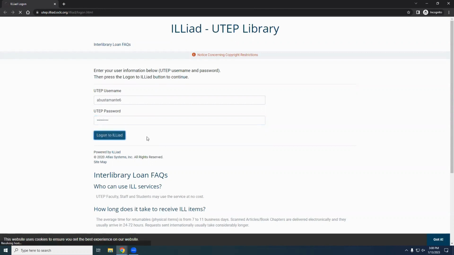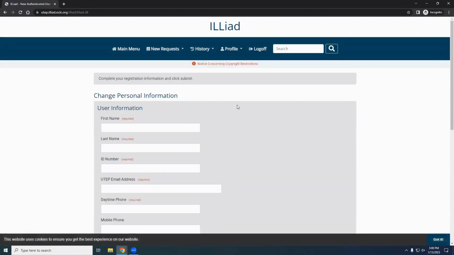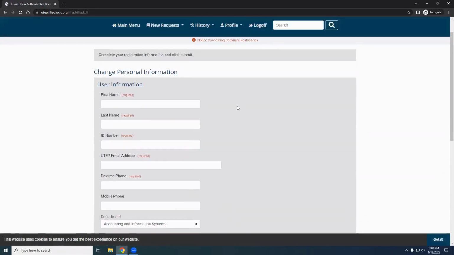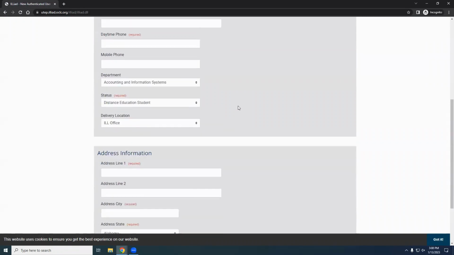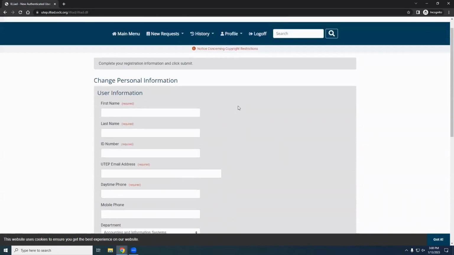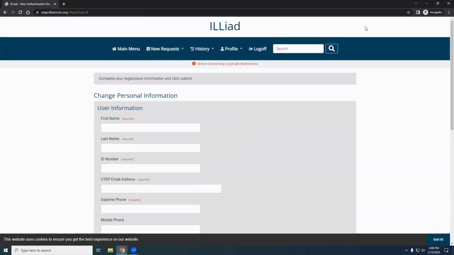The reason you need somebody who hasn't set up an account yet is because it will give you this page if you are a brand new user. Here it will ask you for your first name, your last name, your ID number, your email address, et cetera. I'm going to let you go ahead and close it so that we don't show everybody all your personal information. But I just wanted you to be able to see this screen because I won't be able to show it to you, since I've already created an account. Should I just log on? Yeah, you can just close the window.